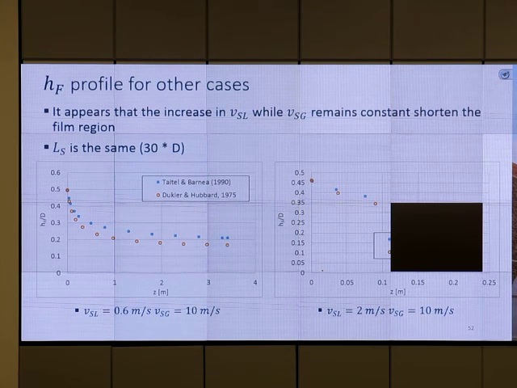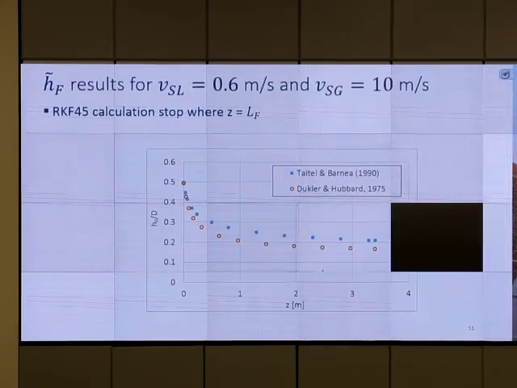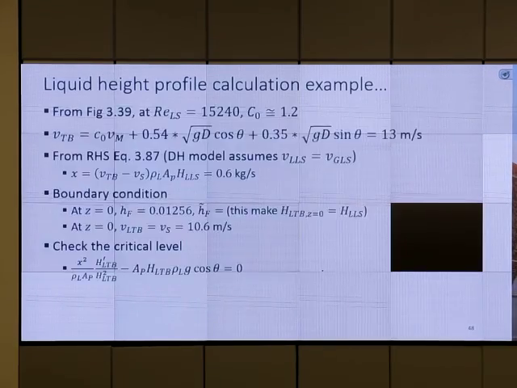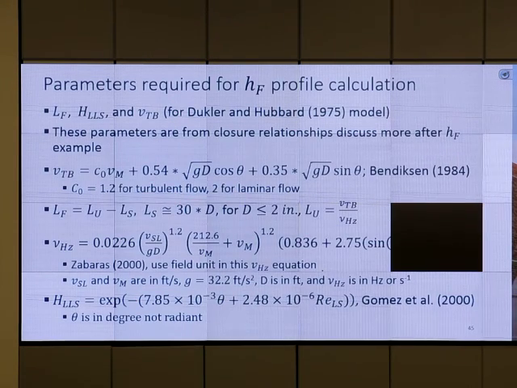Ta-da! It looks like that after we solve it. Okay. In addition to that, we try to do this, okay? But to reach that, I have to explain some more parameters. Okay, you know about critical level, right? Next, from critical level,